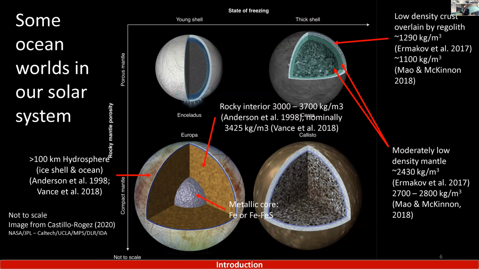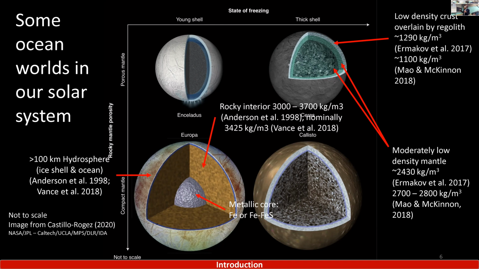And I'll just point out some of the things I already spoke about. On the bottom left, we have Europa. By the way, this is not to scale. This is just a graph to show what we think these ocean worlds might look like and what their structures are like. So Europa over here has a pretty thick hydrosphere, including its ice shell, and a metallic core,